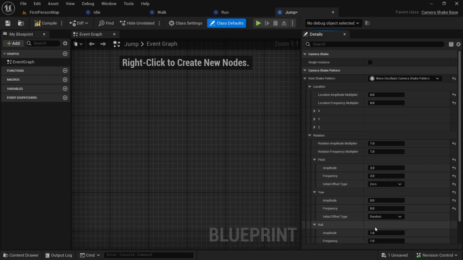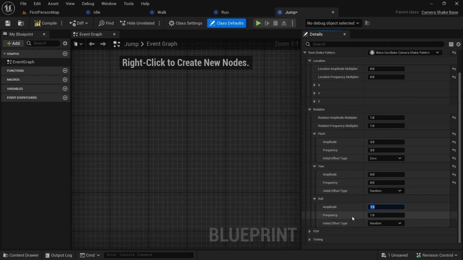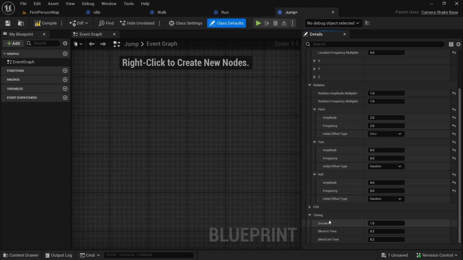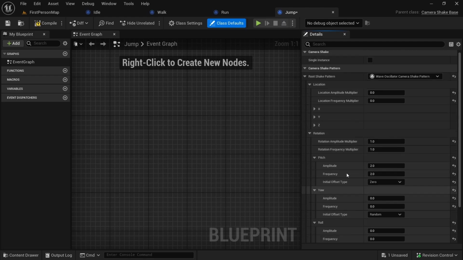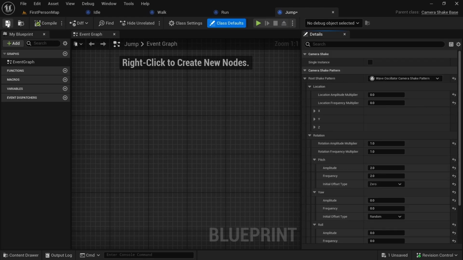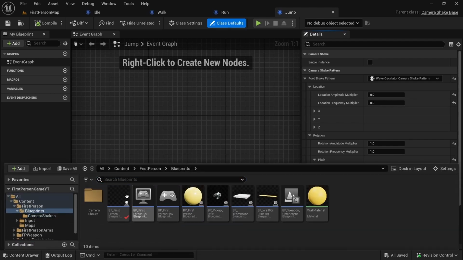And in roll, amplitude will be 0, frequency will be 0. And in timing, let's say duration will be 0.4, and that is it. Let's compile and save. Now let's go to the blueprint. Let's open the first person blueprint,